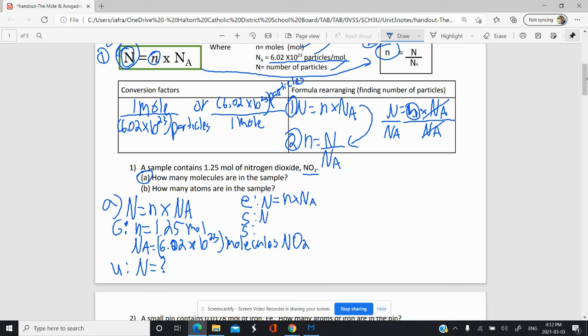So our N is going to be equal to, and we put all our units in. We do number of moles is 1.25 moles. And we're going to multiply that by Avogadro's number, which is, I'm going to put it in brackets here, 6.02 times 10 to the power 23 NO2 molecules per mole. And what I forgot to do there is I forgot to put the unit here as molecules per mole,